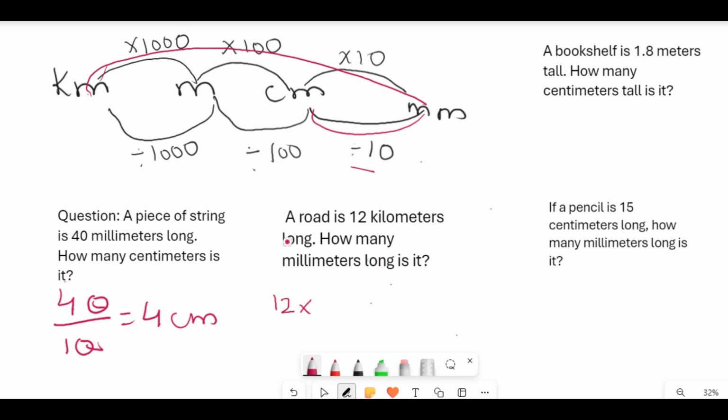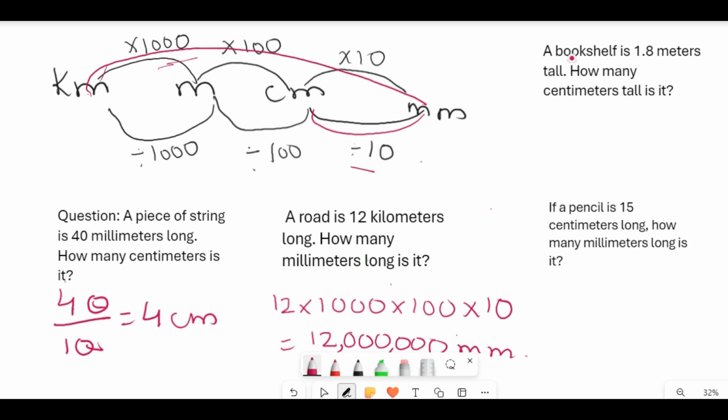So 12 into, first you will multiply by 1000 to convert it into meter, then from meter to centimeter you will multiply it by 100, and then from centimeter to millimeter you will multiply it by 10. So your answer will be 12 followed by 6 zeros. So it's 12,000,000